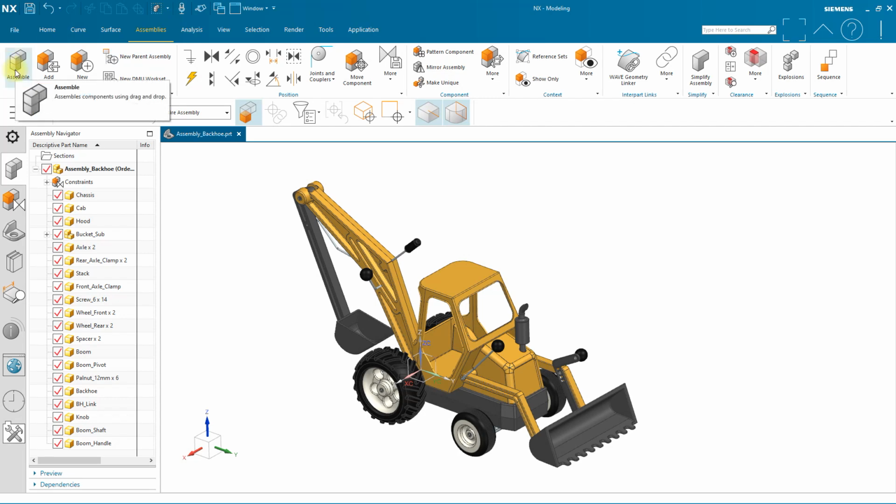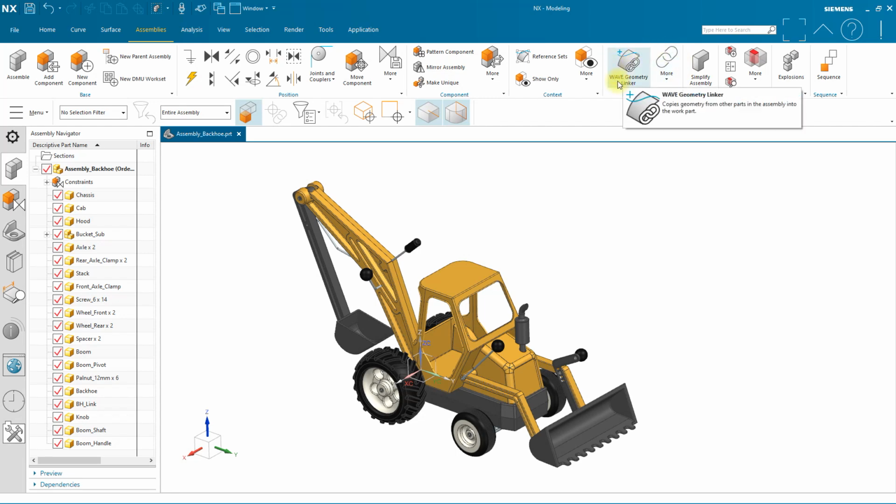And I can start assembling other components. I can start constraining my components or moving my components. I have plenty of other options to do things within my assembly. One thing I'm going to take a look at though is my interpart links. So I have this wave geometry linker. This will allow me to share data between files and allow me to design around that object that I'm linking